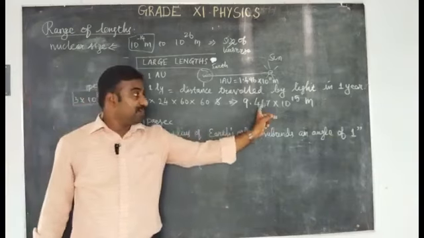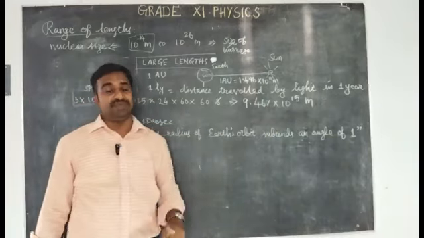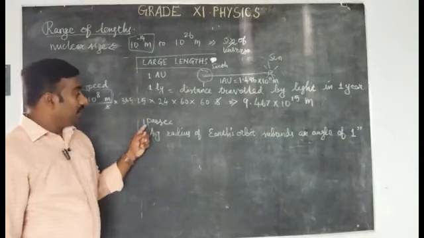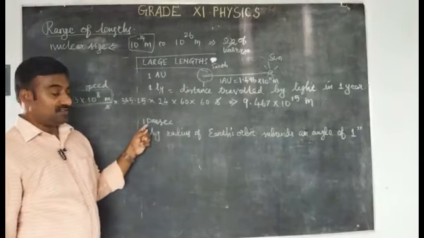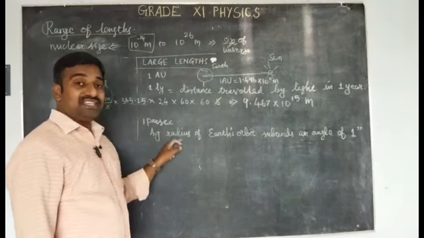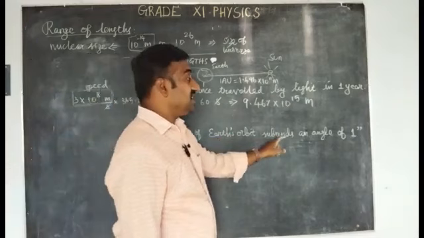It goes this much distance: 9.467 into 10 to the power 15 meter. This is the value of 1 light year. Okay. And then the third one is parsec. What is the parsec? The parsec is nothing but the average radius of earth orbit subtending an angle of